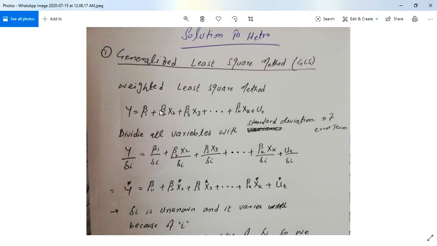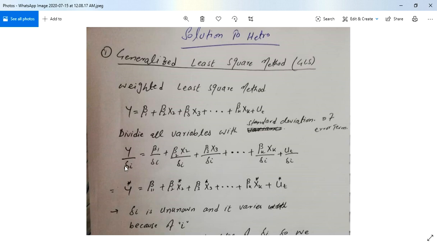Mu t is the error term, beta 1 is the intercept. Okay, if the standard deviation of the error term is unknown, then divide all variables by the standard deviation of the error term. Okay, divide all of these variables by the standard deviation of the error term.